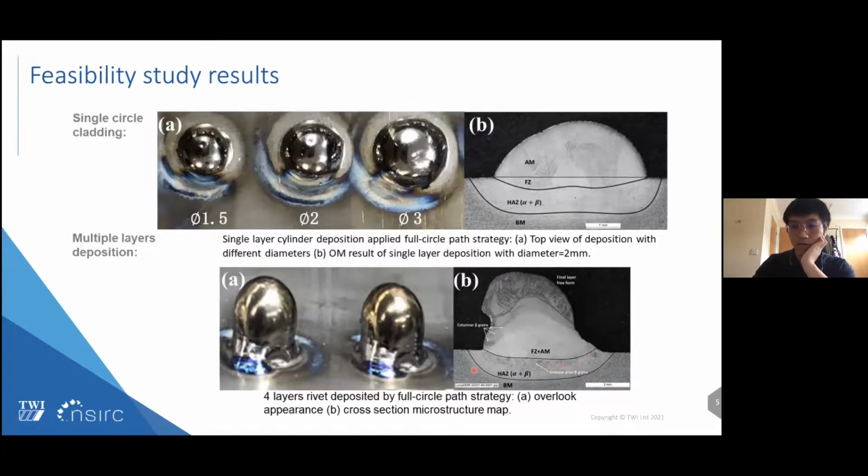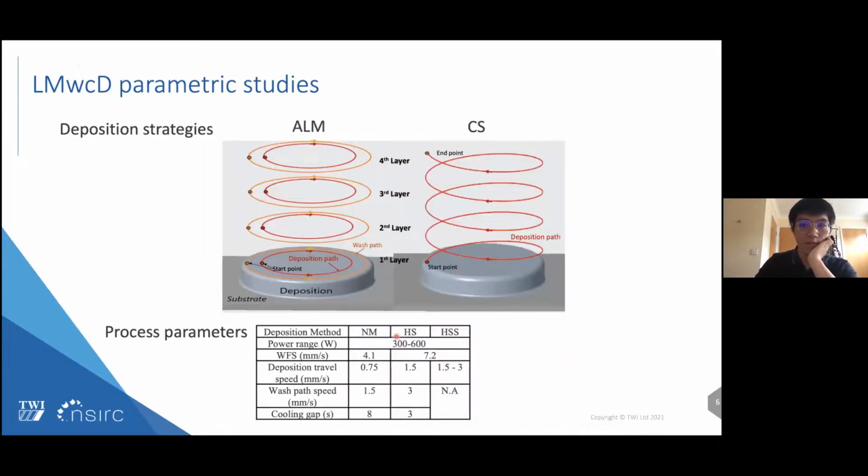So it should guarantee the basic joining strength for future application. After the feasibility study, because the total time is a key factor in the potential industrial application,